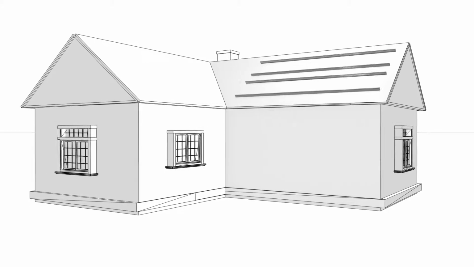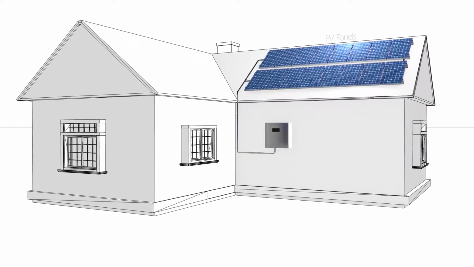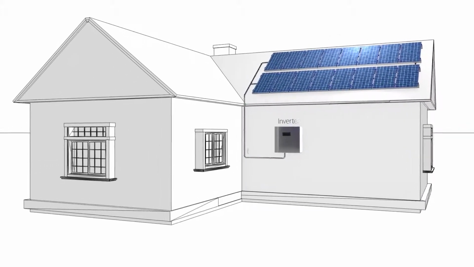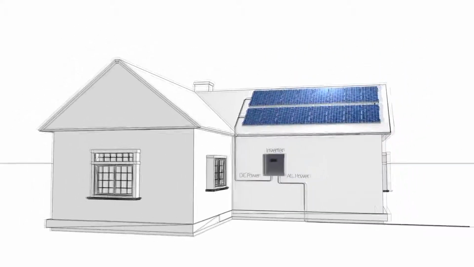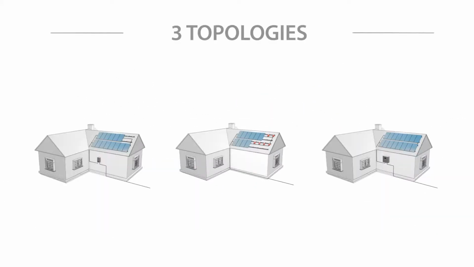A photovoltaic system consists of PV panels, which produce DC power when exposed to sunlight, and an inverter, which inverts the DC power into AC power that is fed into the utility grid. 3 different inverter topologies are currently used in PV systems: a traditional string inverter system, a microinverter system, and the